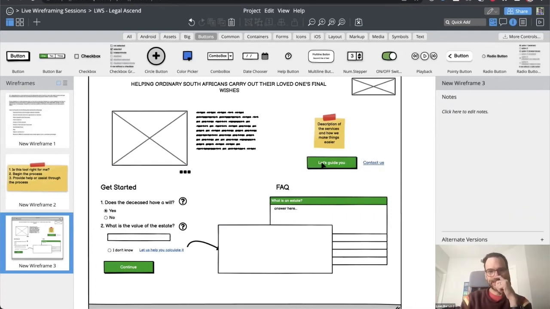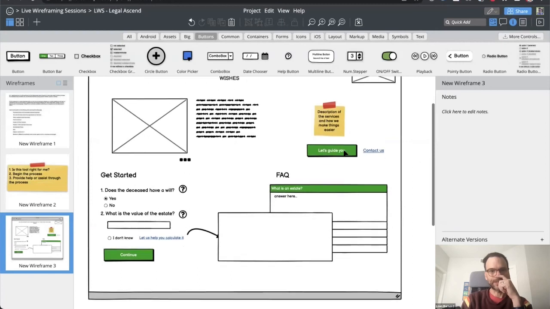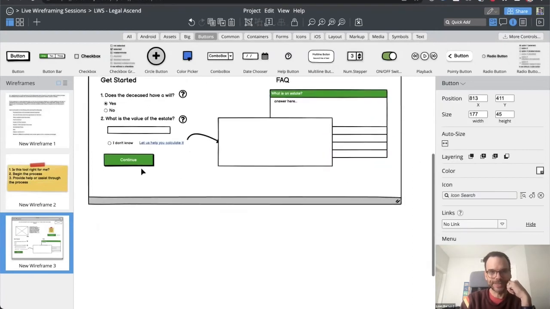Somehow Let's Guide You and Continue should be the same call to action. I'm not quite sure how it works. Maybe clicking this button just scrolls you down to this part of the page.